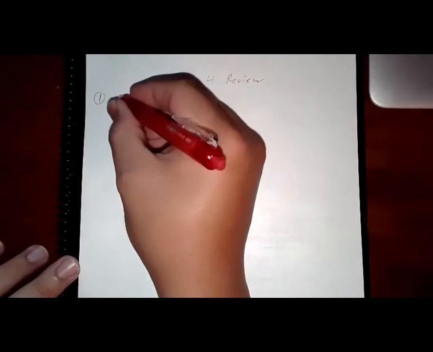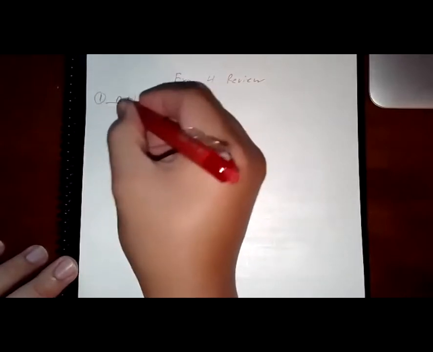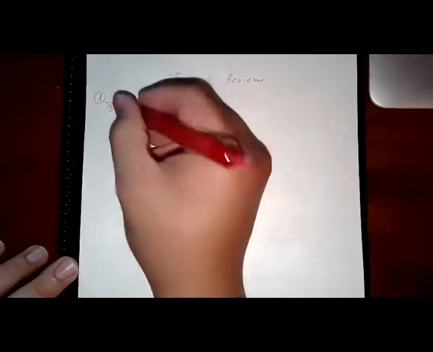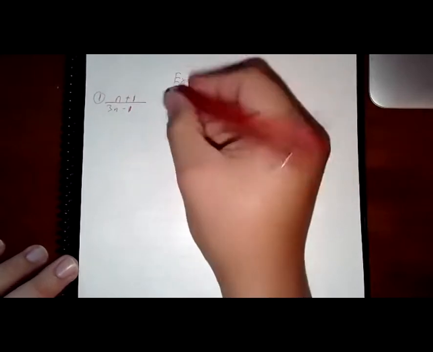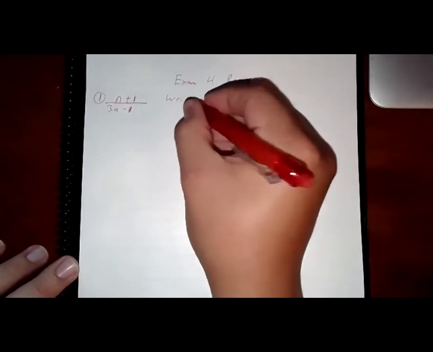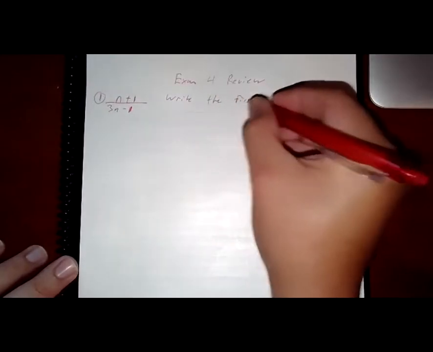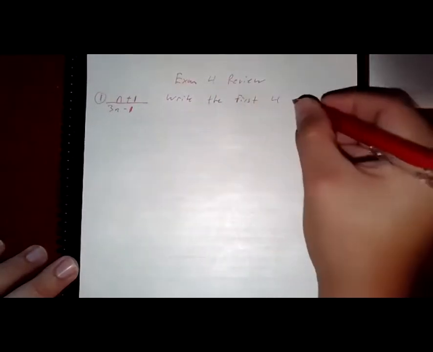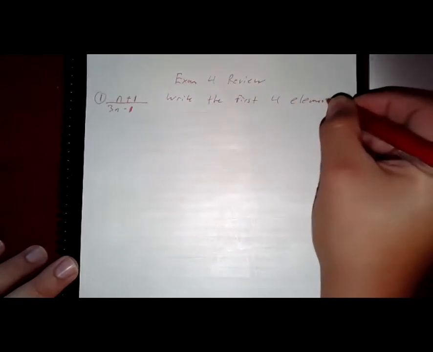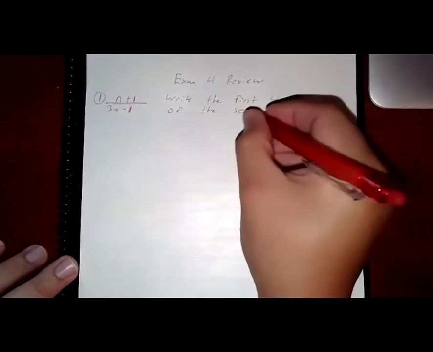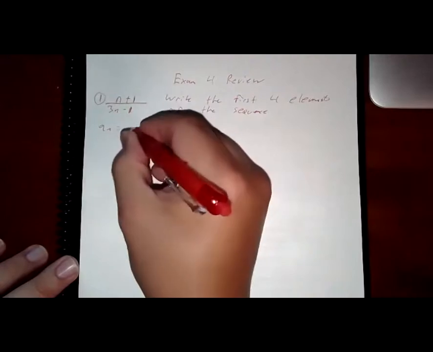So it was n plus 1 over 3n minus 1. And it says write the first 4 elements of the sequence. So if we call this a_n,